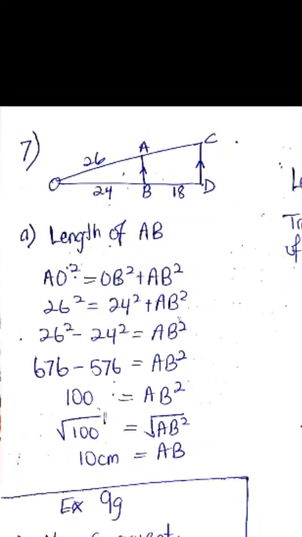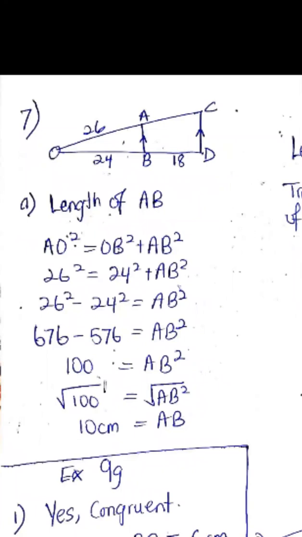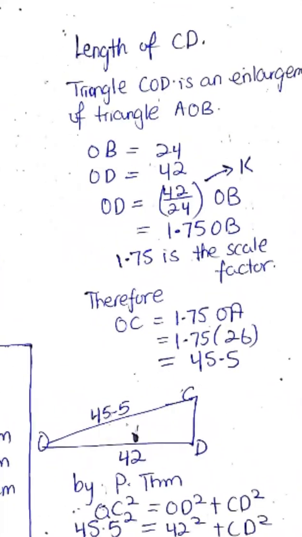Right. So we use Pythagoras theorem. Which line is the hypotenuse for this small triangle, AOB? AO. So we use AO squared is equal to OB squared plus AB squared, or AB squared plus OB squared, any order. And we maneuver, make AB the subject of the formula, root, and get our answer. Is that clear? Any questions here? And for line CD,